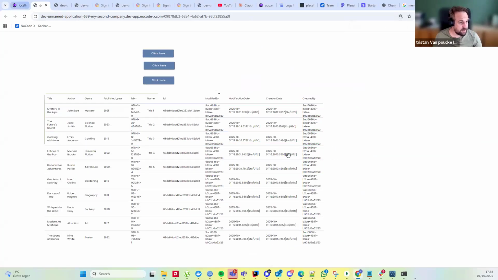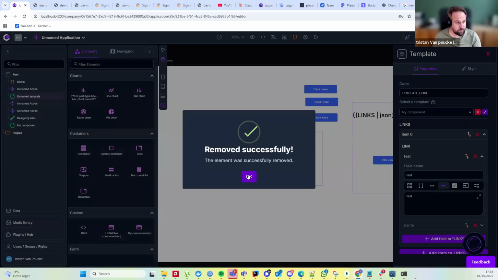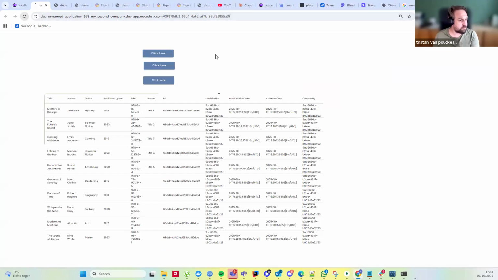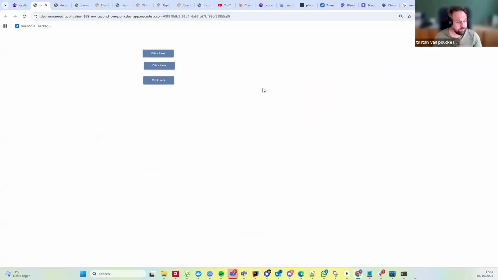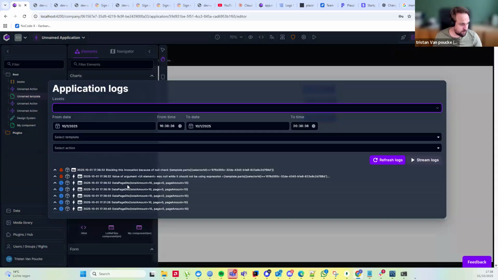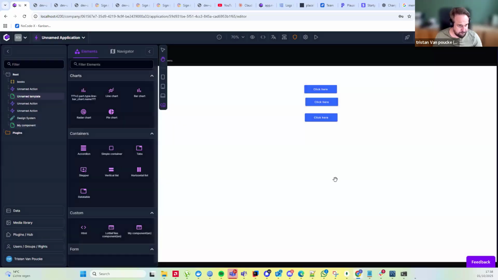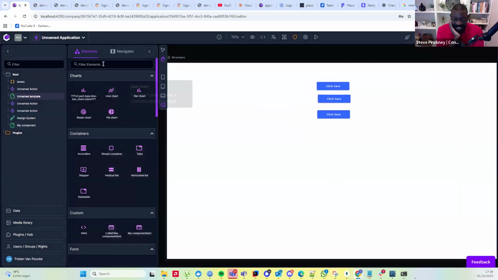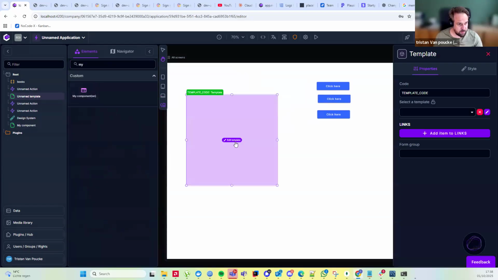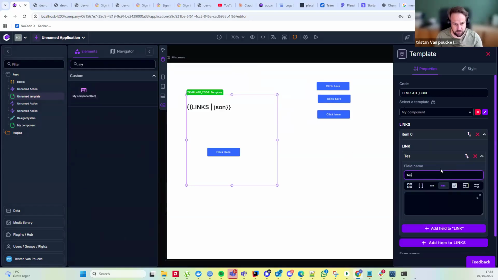It's behind this data table, so I'm going to remove this altogether, and then I'll reload this page. So let's see if there is something written out here. I think you deleted the list. Oh, I deleted the component. Maybe I had multiple select going on, so quickly add this